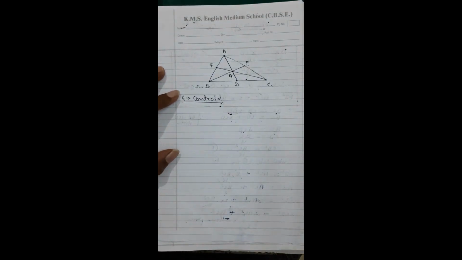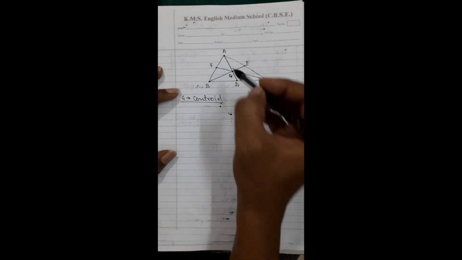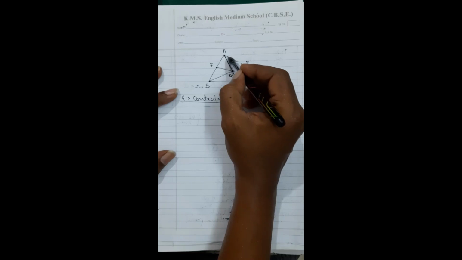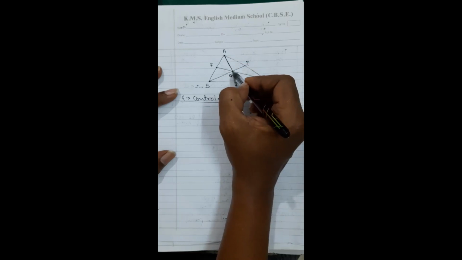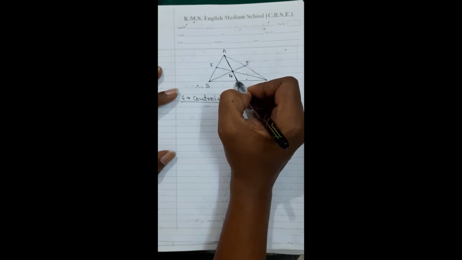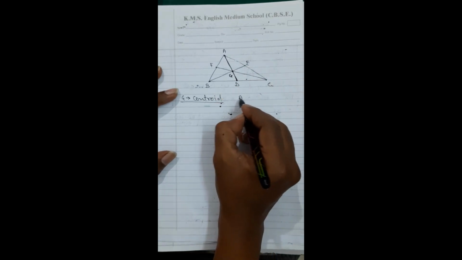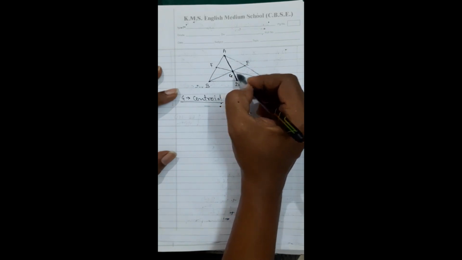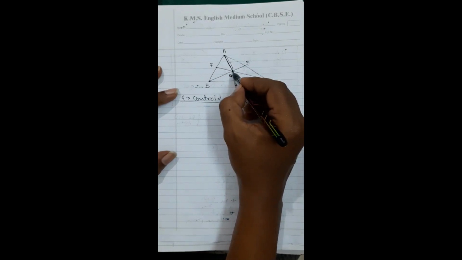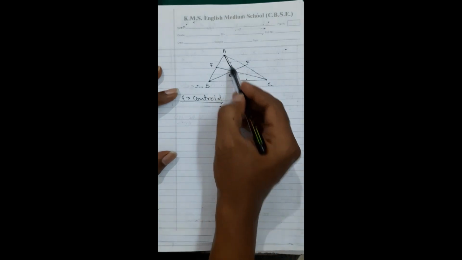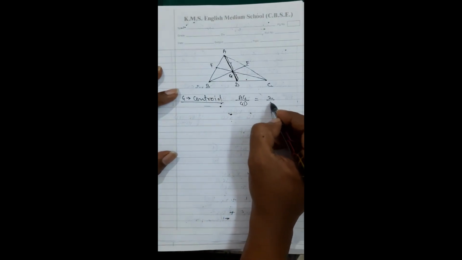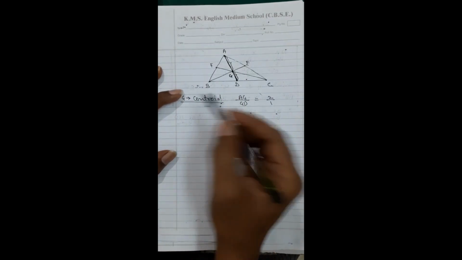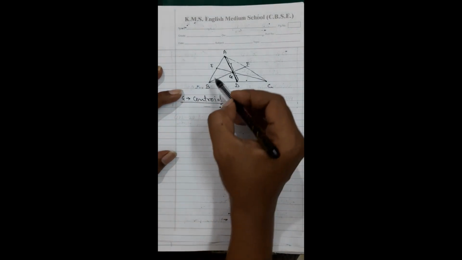And there is a speciality of this centroid. The centroid divides that median in a proportion such that AG will be double of GD. Means if I take the ratio of AG and GD, are you getting? This is the point which is dividing AD into 2 parts. This is one part, this is the second part. The ratio of AG and GD will be 2/1. Means AG will be exactly double of GD. This will be true for all the other medians. You can see it also.